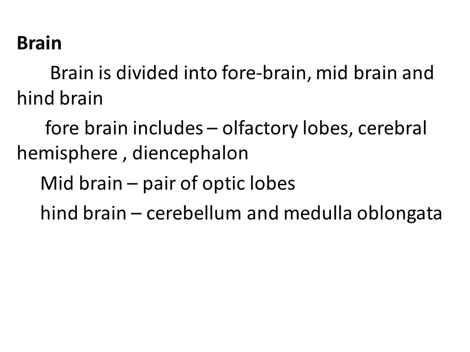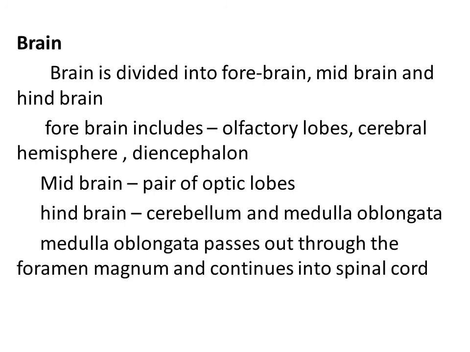However, we are not going into detailed information of each and every part of the brain here, because we are looking into the brain structure in the human physiology lesson. There we will go into the detailed information of each part of the brain. Here we are just learning the parts of the brain present in the frog. This will help you to compare the structure of the frog brain with the human brain, and we can understand how advanced the human brain is compared to the frog brain, right?